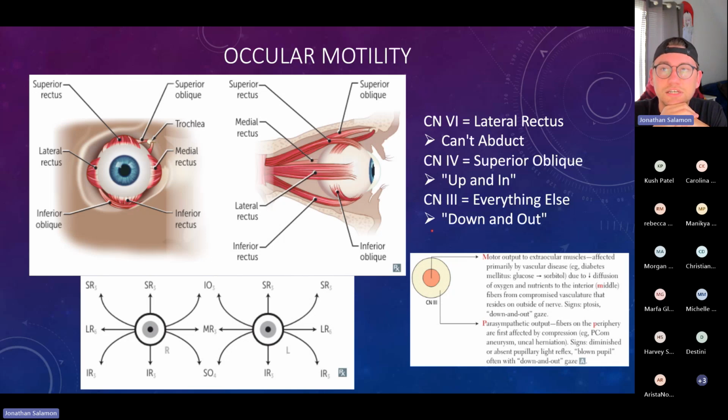Giving newborns oxygen. Bear with me for a second. So I talked earlier about how wet macular degeneration, if you give them VEGF inhibitors, it helps because part of the problem with macular degeneration is neovascularization inside the eye. I know this doesn't specifically have to do with what we're talking about right now, but I promise you didn't think you need to know it, but I've seen it in more than one test bank. So if you have a premature baby and you give them oxygen, it decreases global production of VEGF